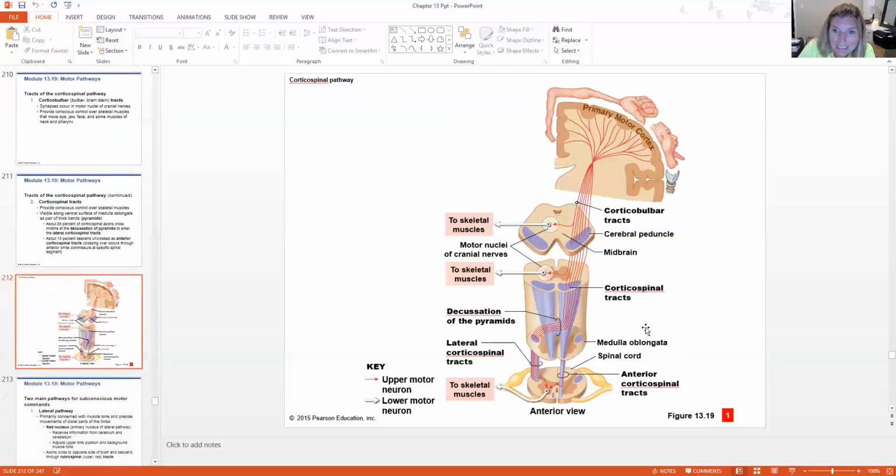Here you see the corticospinal pathway, primary motor cortex, coming down through cerebral peduncle, through midbrain, through the corticospinal tracts of our medulla oblongata, and some have decussation, switching sides. Some of them do not. They go to the opposite side of the body and synapse with a lower motor neuron out to the skeletal